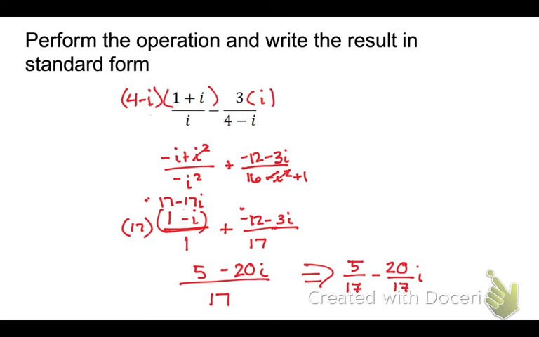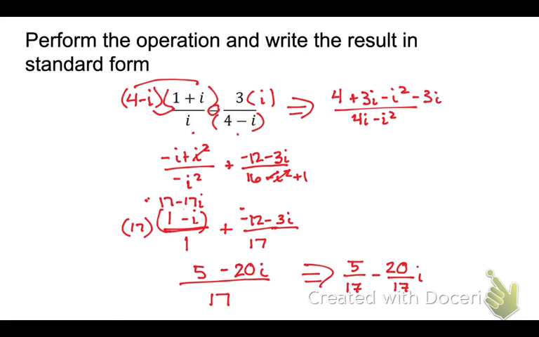And I'm just going to do i. So my denominator would be this times this, yes? This times this. So it'd be 4i minus i squared. And my numerator would be 4 plus 4i minus 1i, so plus 3i. And then minus i squared. This would be a negative 3i. So this would be plus 1. And this would be plus 1. So my new fraction would be 1 plus 4i